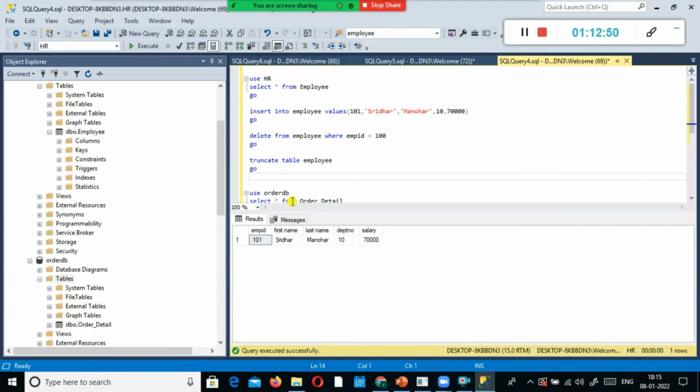So for that, you can use truncate table. You might be asking, can I use drop table? You can use drop table if you are sure that the temporary table is not at all required. But in a real-time scenario, we generate temporary tables intentionally to schedule the ETL processes, the extract, transformation, loading process, right?